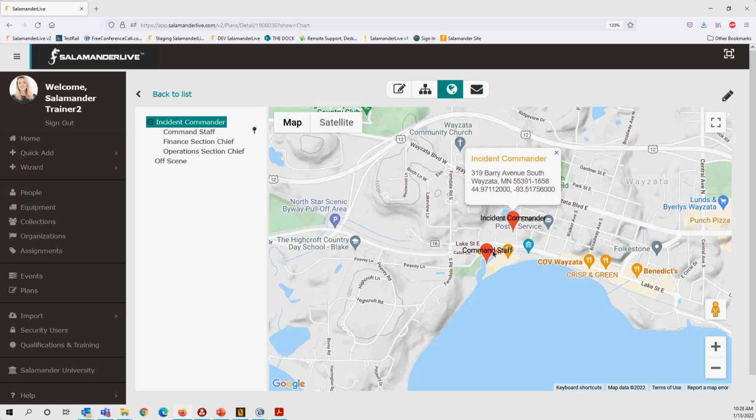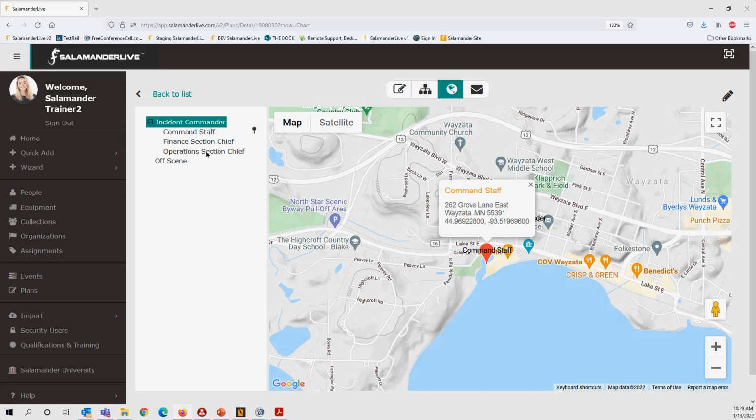But all your assignments that are listed here, so you could have the event location and then all your assignments. If your event is right here and you've got different assignments stationed around that, you'd see all your pins pop up on here. Each one of these is clickable, so it's going to tell you exactly what that assignment's called, and then the address and